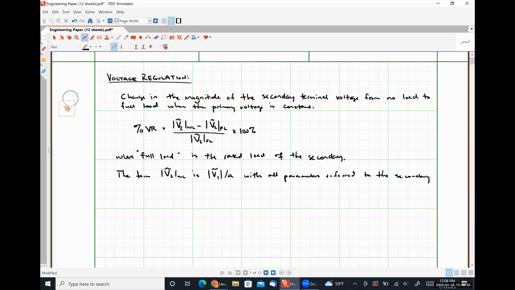The full load is the, what is that word? Rated. So secondary